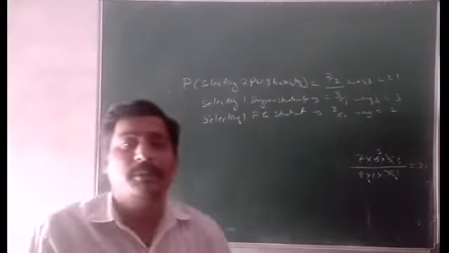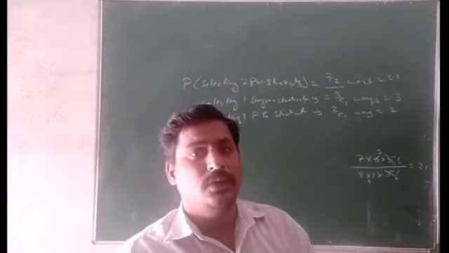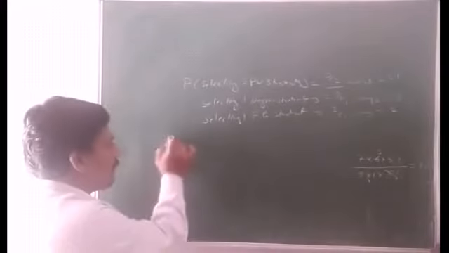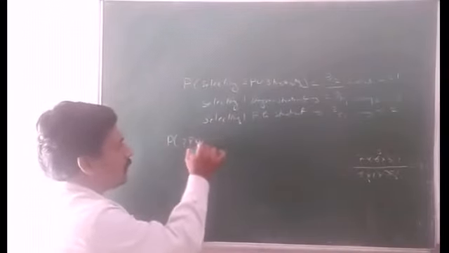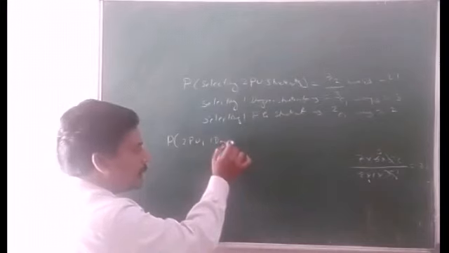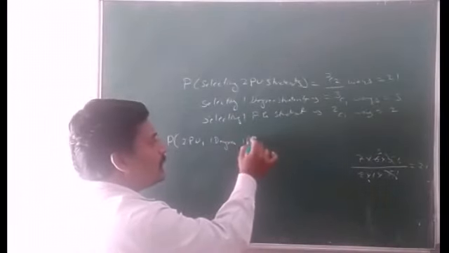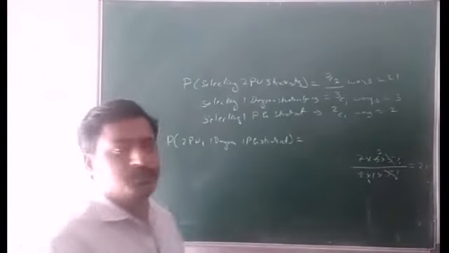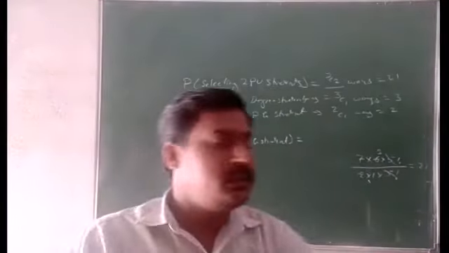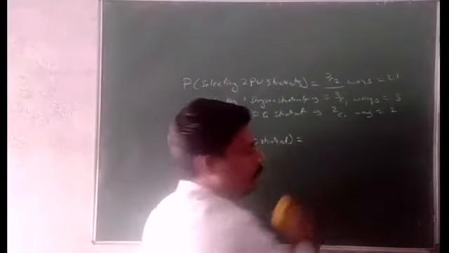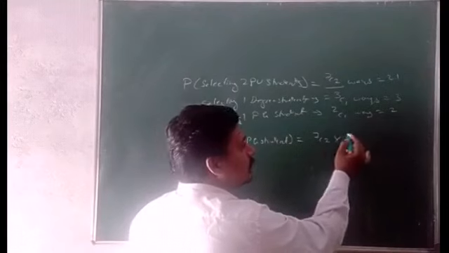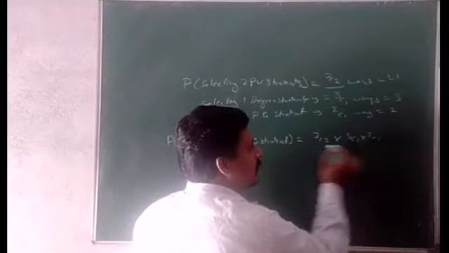So now the probability of selecting 4 students which contain students in the ratio 2, 1, 1, that is, the probability of 2 PU, 1 degree and 1 PG student is equal to 7C2 into 3C1 into 2C1 divided by